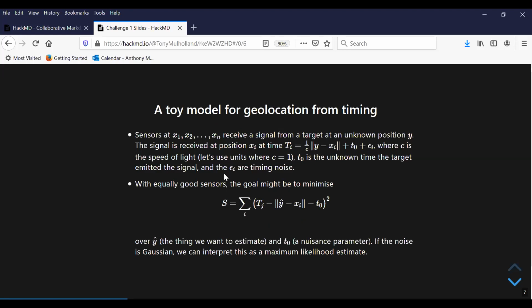at time t0, and you will receive that at some sensor xi at a time which is t0 plus the travel time |y minus x| divided by c, plus some random error. If the sensors were all equally weighted, you would try to minimize this sum of squares S that's written down here, and that would be a way of estimating your position y hat, the estimated position of the contact, and t0 is a nuisance parameter there. And if the sensors were all Gaussian with the same variance, you would interpret this quantity as a maximum likelihood